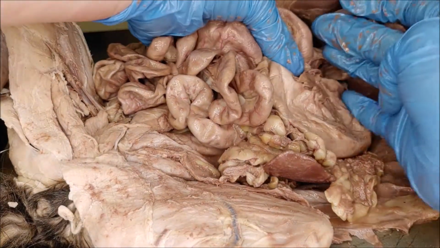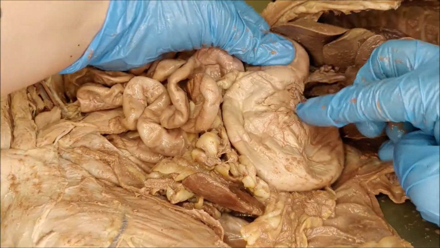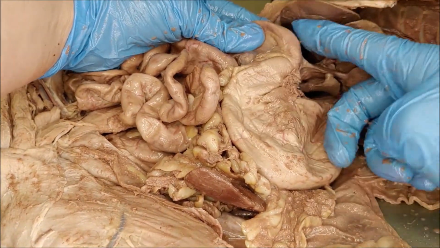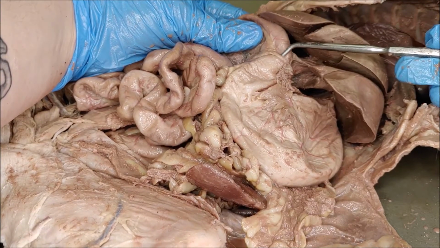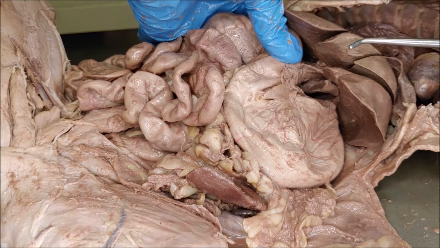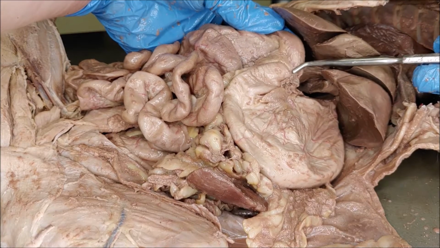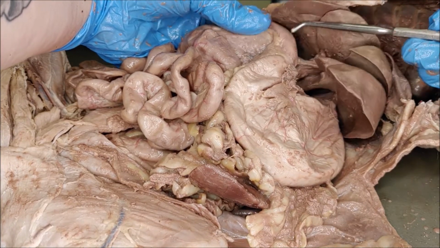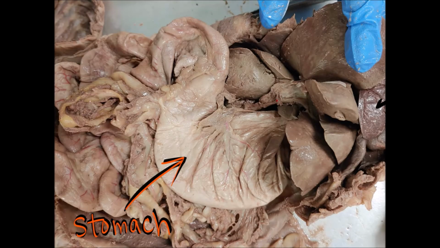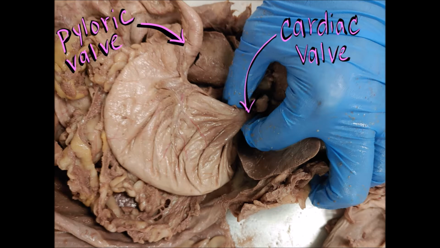And then down here near the small intestine, so where the stomach empties into the small intestine, you'll find the pyloric valve, and you can actually sort of see that band right there, and then you can feel that valve. So that's the pyloric valve. This section of the stomach is called the pylorus, so that's why it's called the pyloric valve. So the stomach, and then the cardiac valve at the top, and the pyloric valve just before you get to